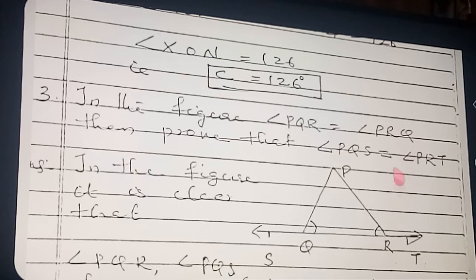Clear? And PRQ, these two angles are equal. For example, if this angle is 60, this is also 60. If this is 50, this angle is also 50. These both angles are equal. Now what do you want to prove? You want to prove that angle PQS, this angle, this one. See where I am pointing, listen, PQS and PRT. These two angles you want to prove equal. Clear? Are you able to prove it? Think yourself, is it possible for you to prove it? You can prove it. Okay? Listen.